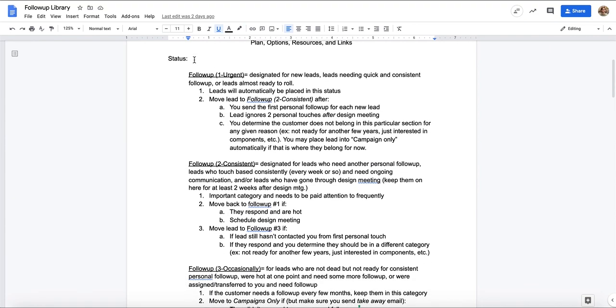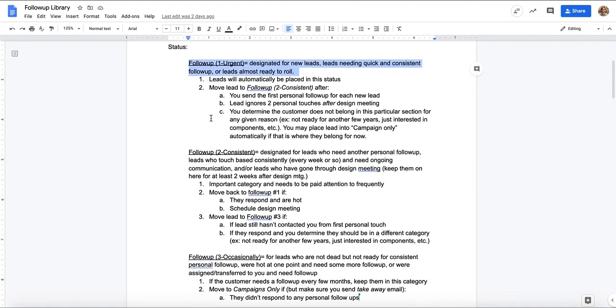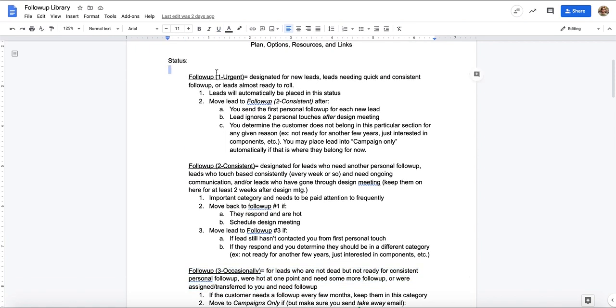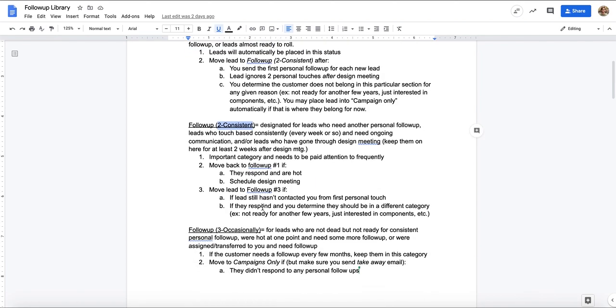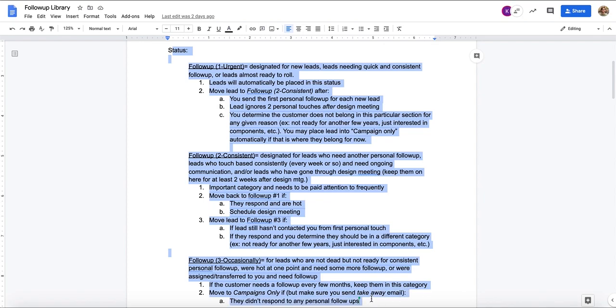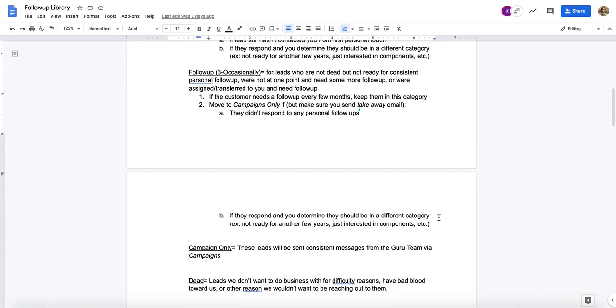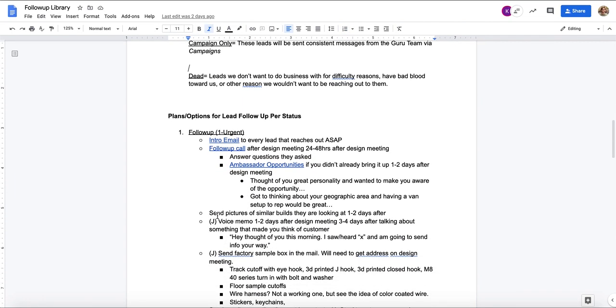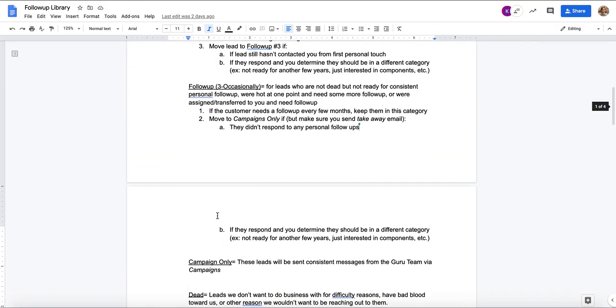Again, just to quickly recap: status follow-up number 1, personal touch needed, follow-up number 2, and then follow-up number 3. Most important, these are ready to roll or hot, need consistent follow-up. Second most important, third most important, but guys, all of them are super important. That's what we're trying to do with this training. We really need to be good at following up with these people, and I'm probably the worst at this, not just the people who are hot, okay? So that's your statuses.